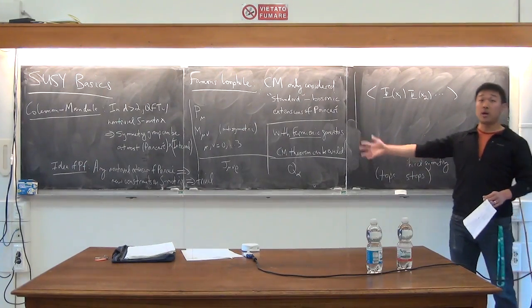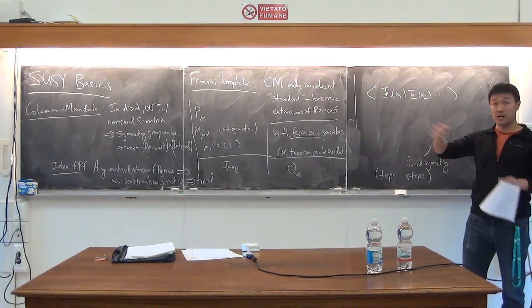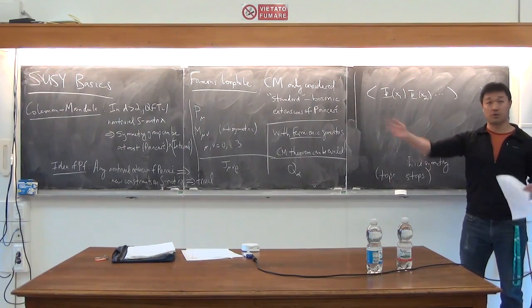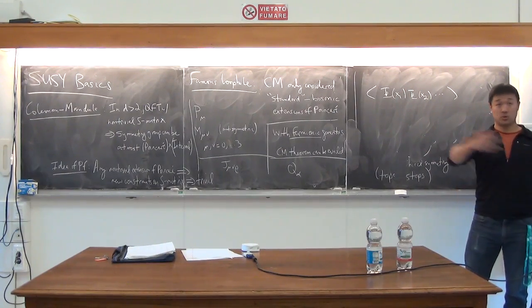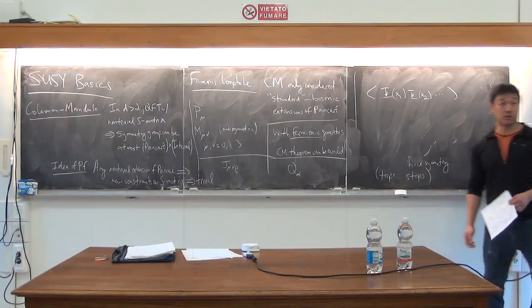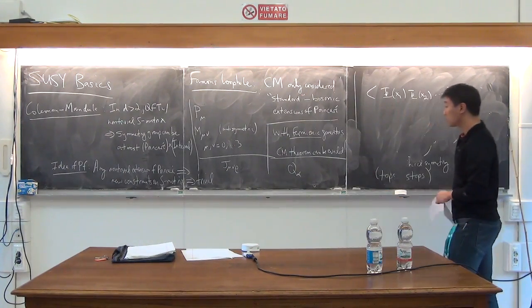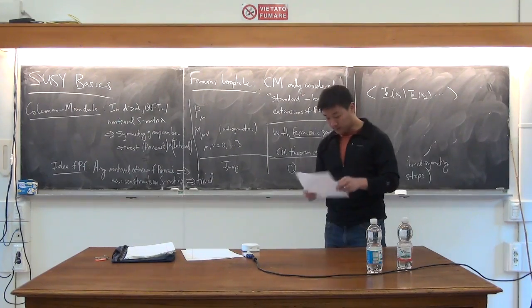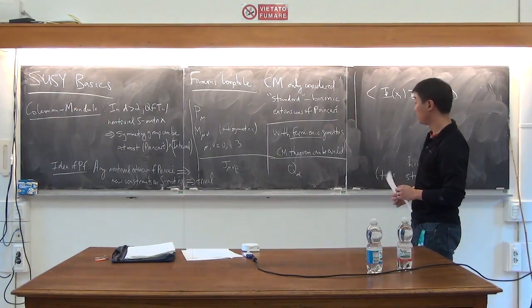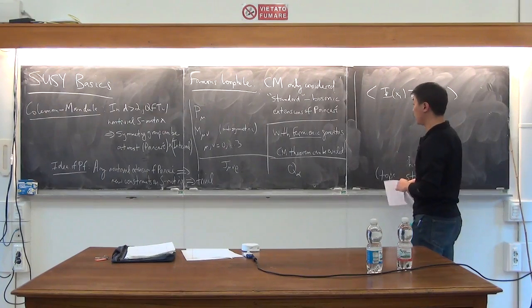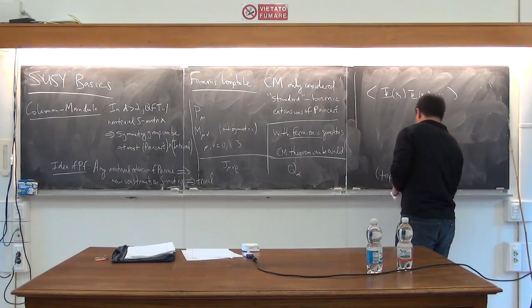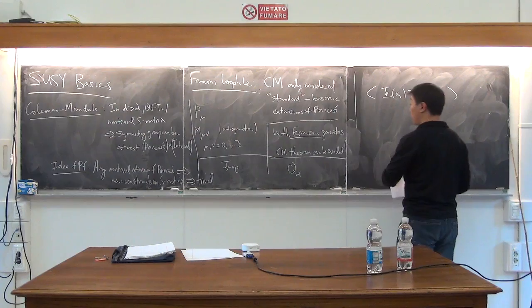Okay, so that way I don't get a constraint. I get just some relation between two different fields in the theory, in the S matrix. Okay. So that's how, with fermionic generators, the Coleman-Mandula theorem can be evaded, and what